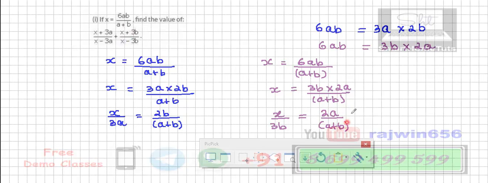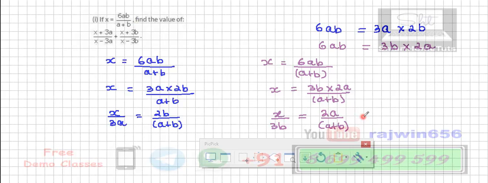Same thing I'm going to do for the right hand side. After doing componendo and dividendo for this part and doing componendo and dividendo for this part, I'm going to add both those parts. So I'm going to get on the left hand side, I'm going to get this. You have to simplify for componendo dividendo for this part. Simplify for componendo and dividendo for this part, and on the right hand side I'm going to add both of them.